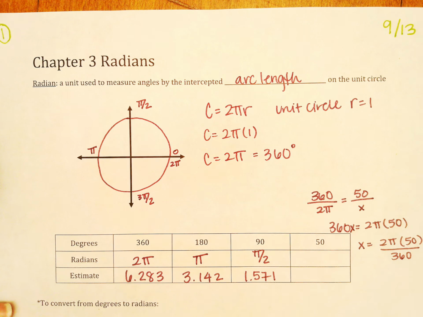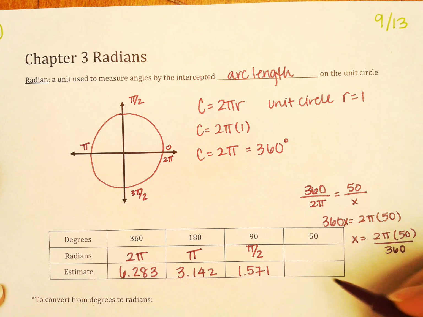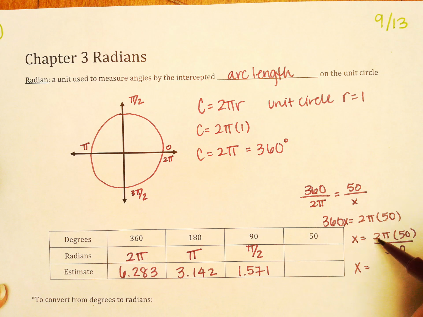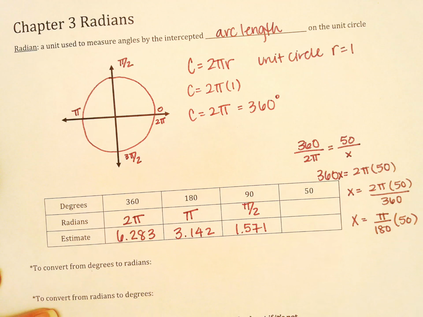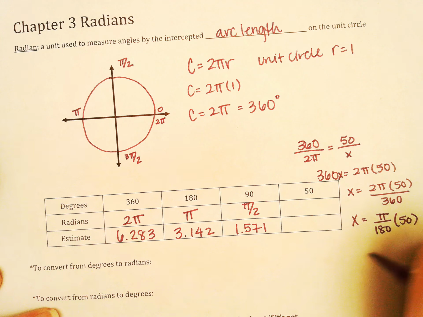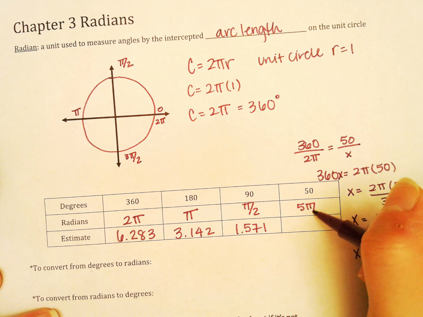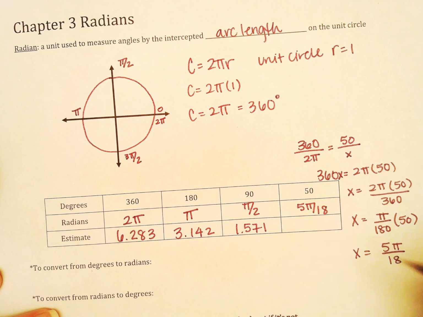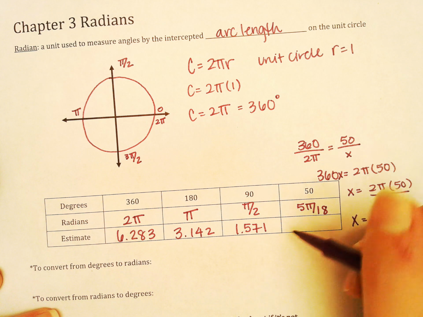I just want to reduce that real quick because this proportion will hold true every single time. But I can reduce this 2 and this 360 and get pi over 180 times 50. And if I reduce it down, 50 over 180 will be 5 pi over 18. And if you type 5 pi over 18 into your calculator, you'll get